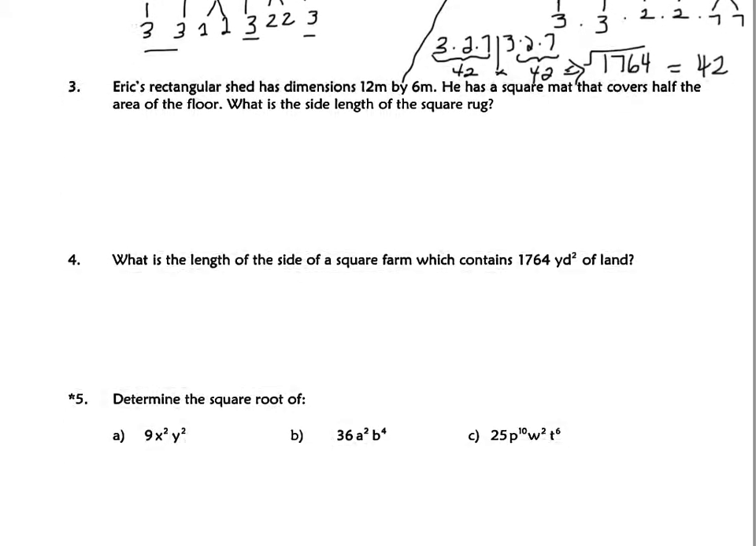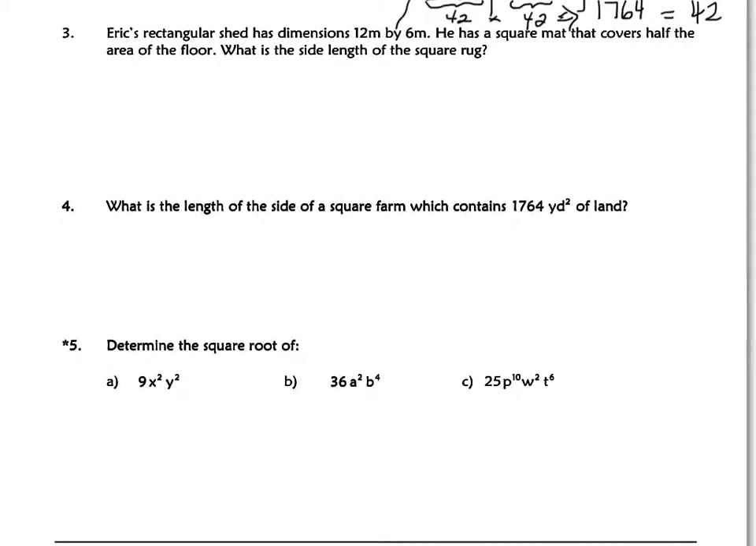So next we have a couple of problems. And the first one talks about Eric's rectangular shed having dimensions of 12 meters by 6 meters and has a square mat that covers half the area of the floor. So what is the side length of the square rug? So the first thing we'd need to know is what the area of the floor is. It's length times width, which would be 12 times 6, or 72